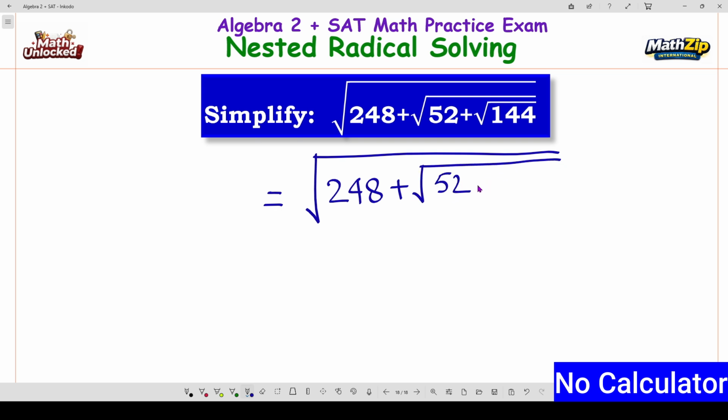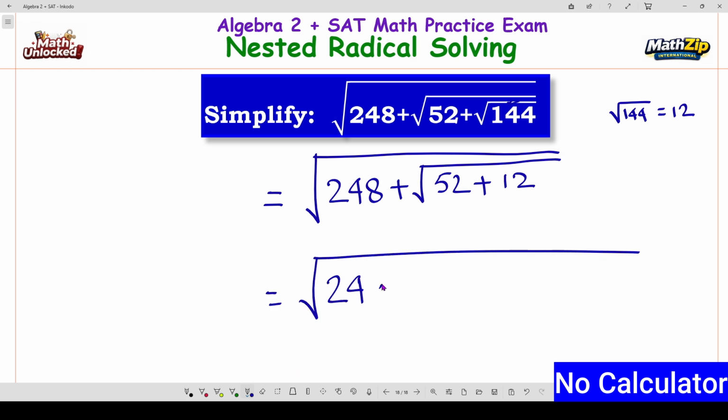It will be unchanged. Plus, against root 144, it's a perfect square. And in this case, we will get 12. Right? So here is a 12. So first root has gone. Next,